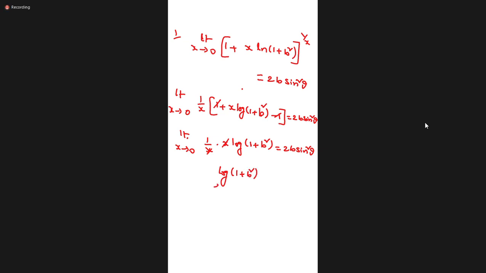Final answer I told you, write e power. So you will get 1 plus b square is equal to... Sir, for 2b, log, we have to write down e, sir. I told you after simplification, last step, whatever answer is there, e power you have to write. Okay, sir. So 1 plus b square, next step you divide by 2b.